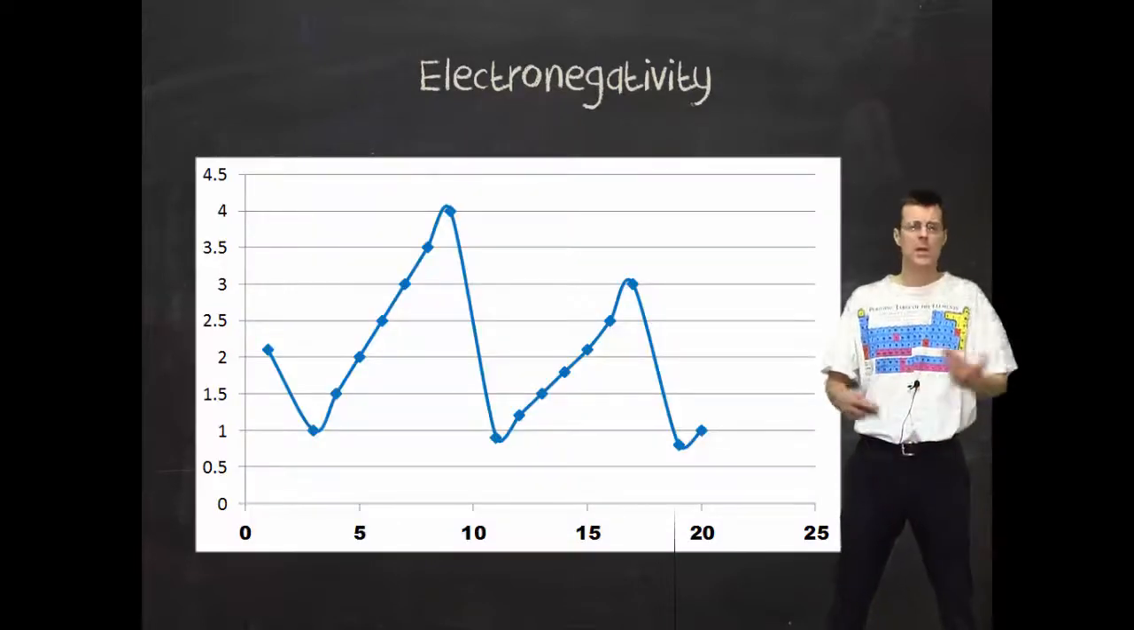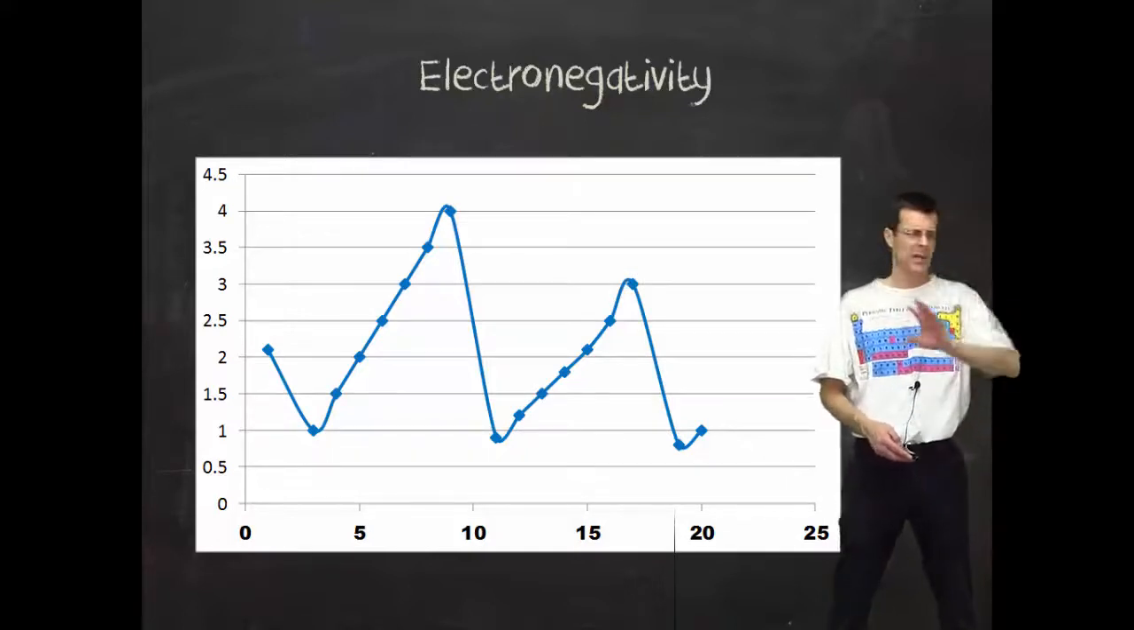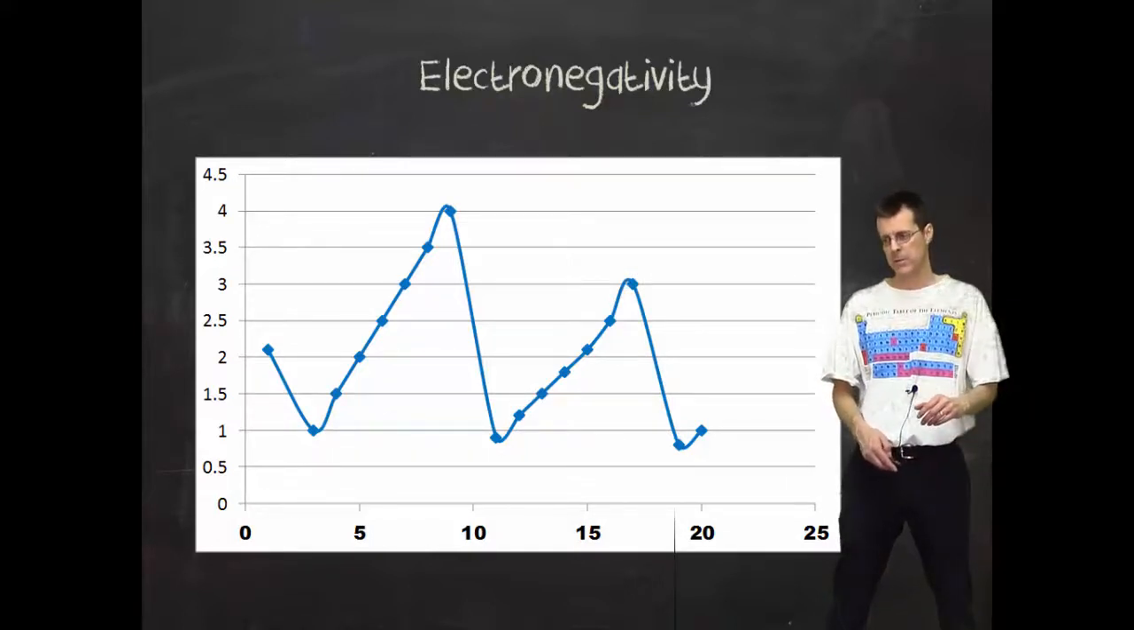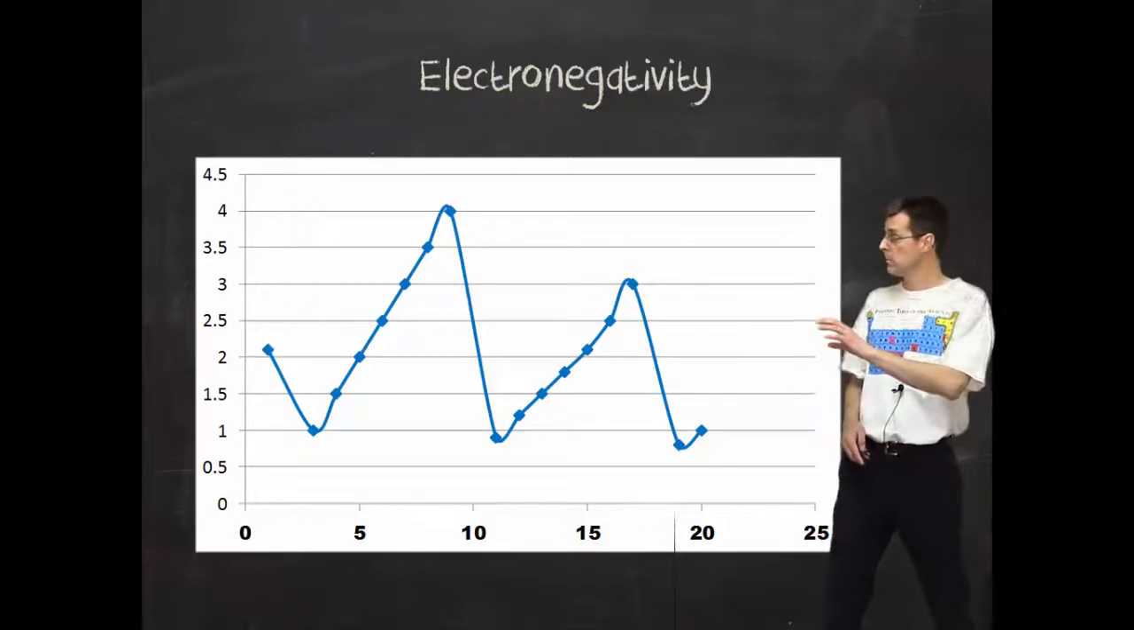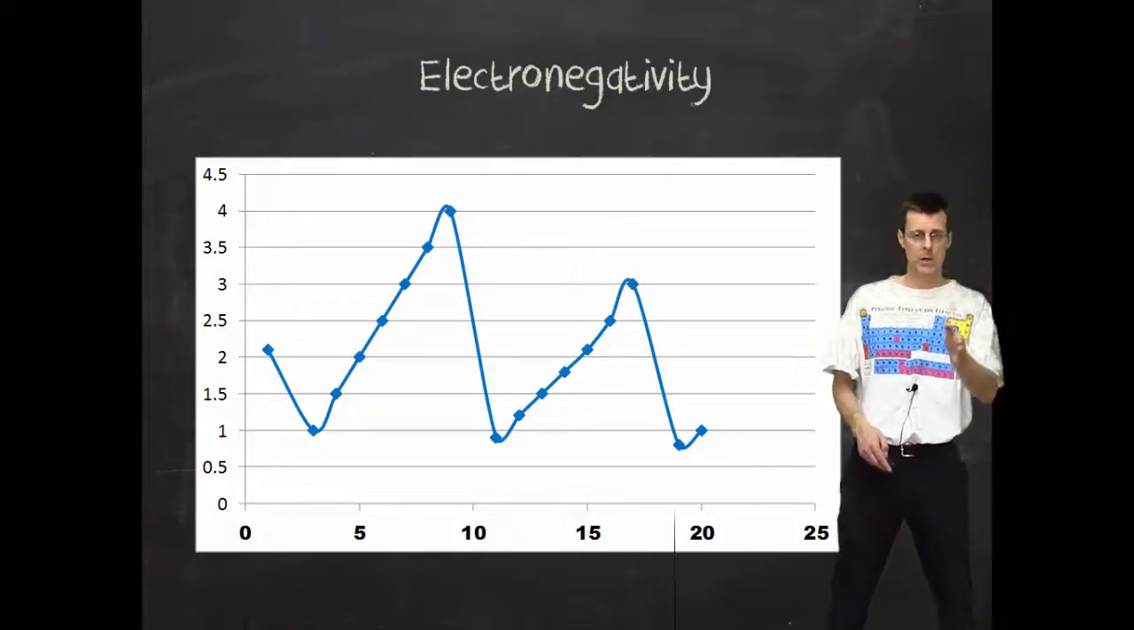If you were to graph it, and I won't ask you to, it looks like that. Slightly smoother curve than the ionization energy, and we're not going to start layering the things on top of each other. One thing to be aware of with electronegativity: the noble gases, so your group 18, your helium, neon, argon, and so on,